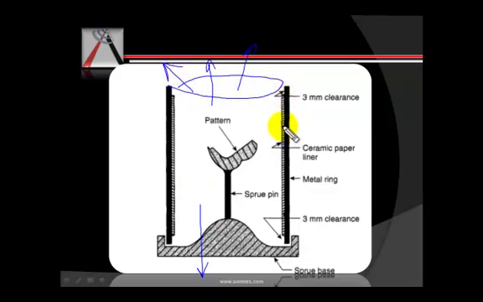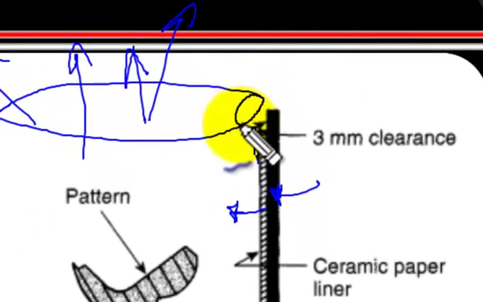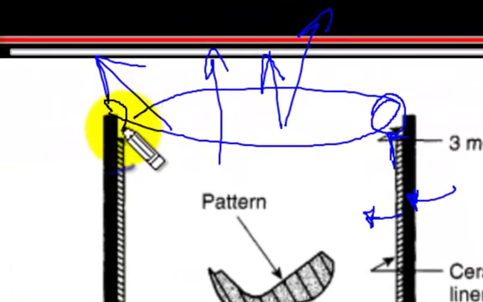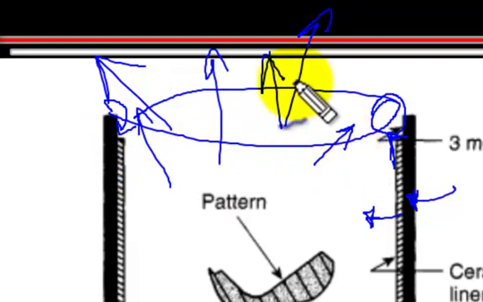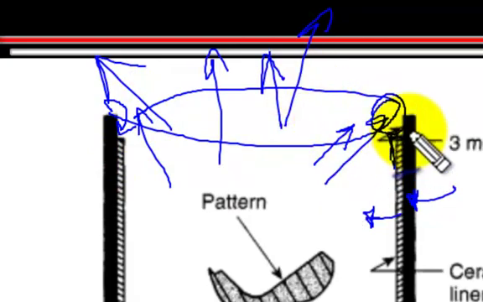The cellulose strips, although they provide the water needed for the hygroscopic expansion, because of this metal casting ring, the expansion in the lateral direction is limited. So there is a kind of unbalanced expansion, wherein the expansion is more longitudinal and less lateral. We do not want that to happen. For that purpose, this ring liner is kept short in these areas so that they do not exert much of the hygroscopic expansion forces in the longitudinal direction.